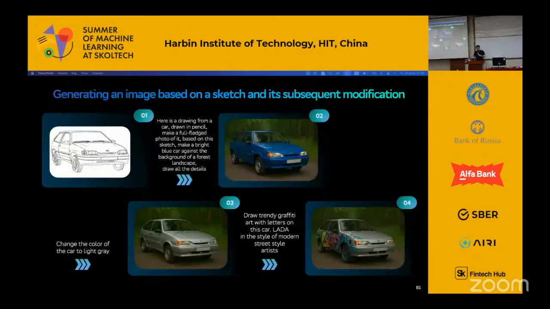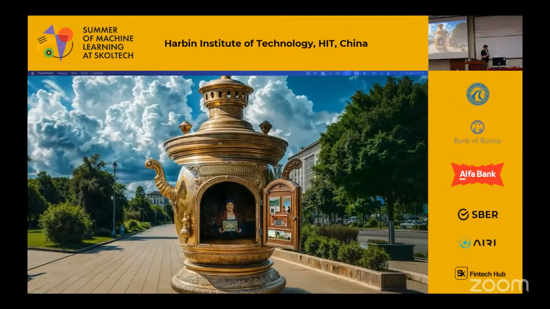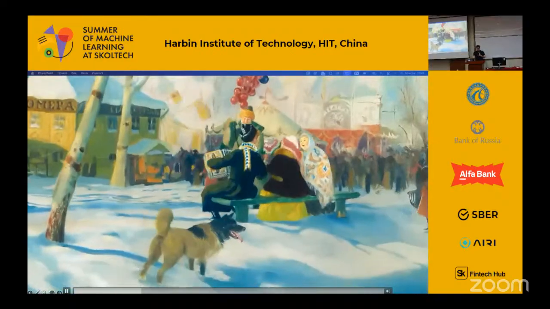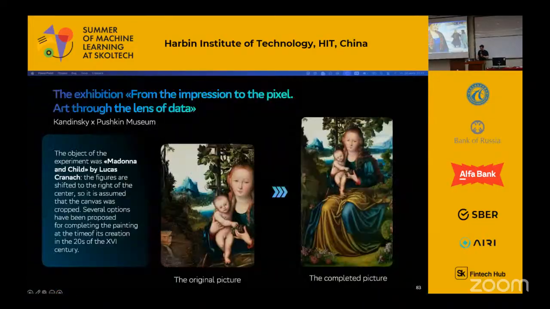Do some nice design of the cars. Do a lot of collaborations with museums, for example, to bring images alive. Let's see several examples. A nice collaboration with the Pushkin Museum, for example: the original picture of Lucas Cranach, and this is